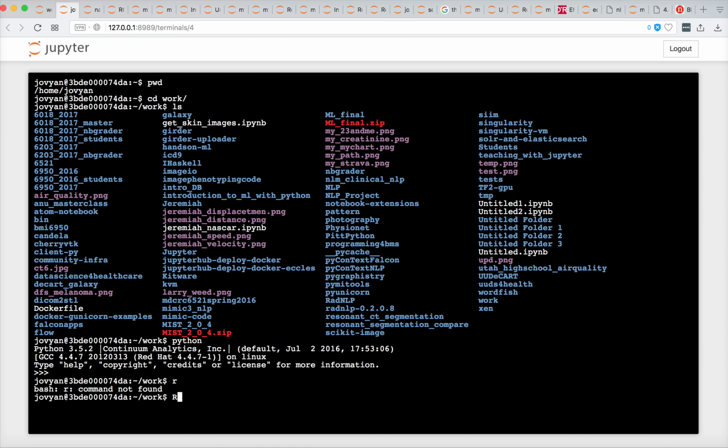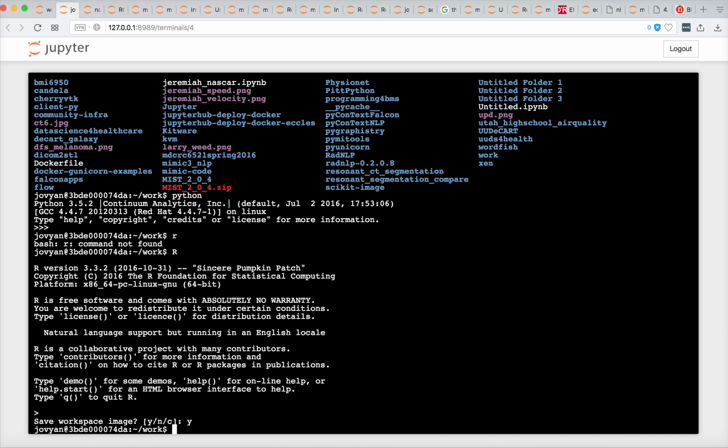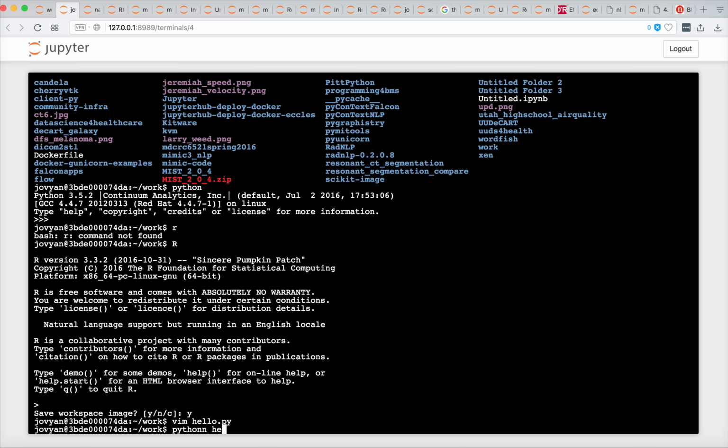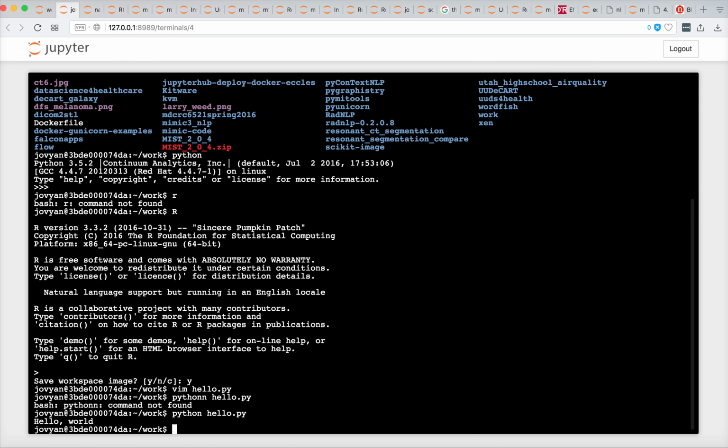I don't really know how you start R. There's my R shell. So depending on the tasks that you want your students to work with, you can have them do editing through a terminal, executing code, or installing software